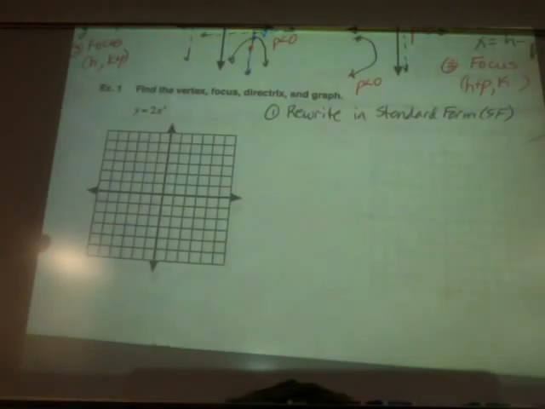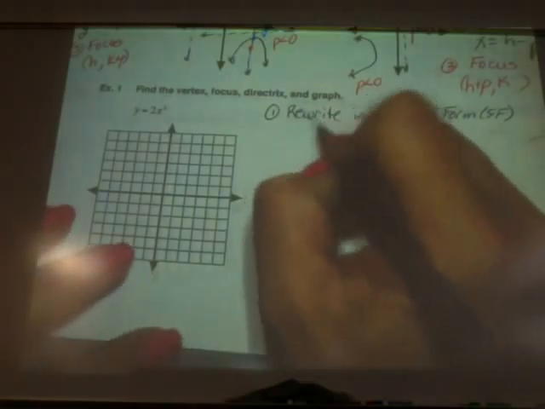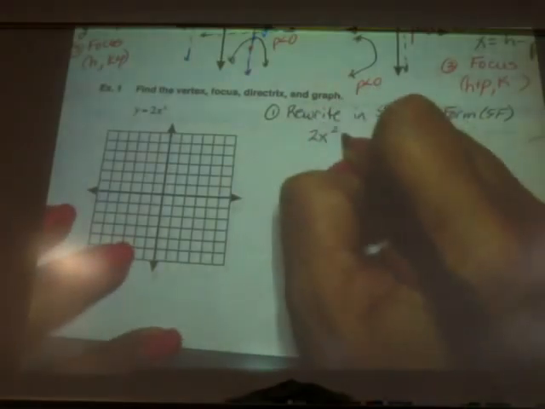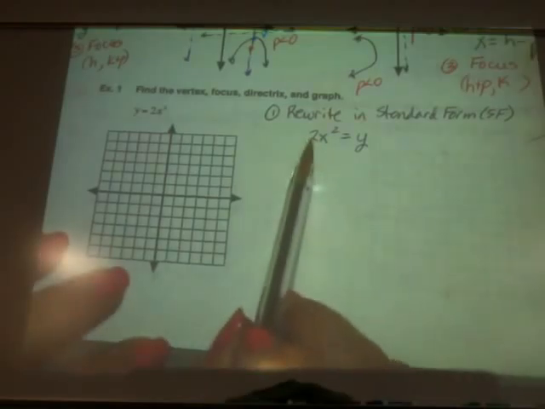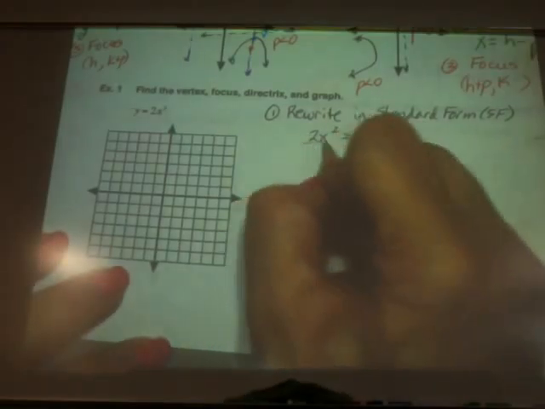So standard form means that the squared term is on the left and everything else is on the right. So the very first thing that I'm going to do is take my 2x squared, and I'm writing on the left, and my y I'm going to write on the right. So I'm going to use the symmetric property, flip them, right? And then I don't want the 2 in front here, so I'm going to divide both sides by 2,